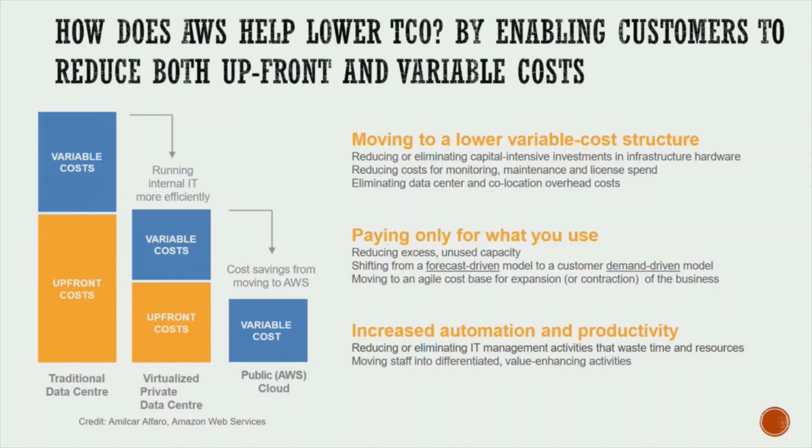And of course, as he said rightly, in the public cloud, you're not buying anything, you're not setting up anything, so you don't have any upfront cost. What you actually have is the variable cost. But this variable cost is fundamentally different from what goes into those two. Understanding those is very important when you want to compute your TCO matrix, because although they have the same word, variable cost, the parameters that impact the variable cost are different across whichever cloud deployment model you're using.